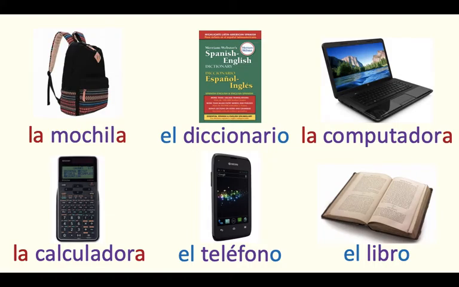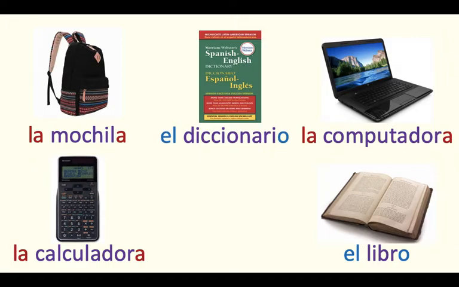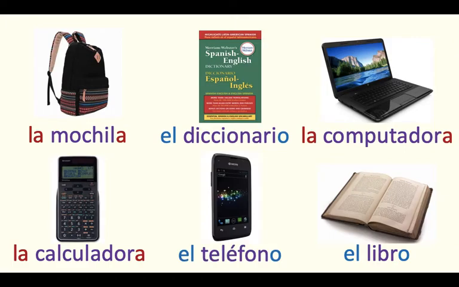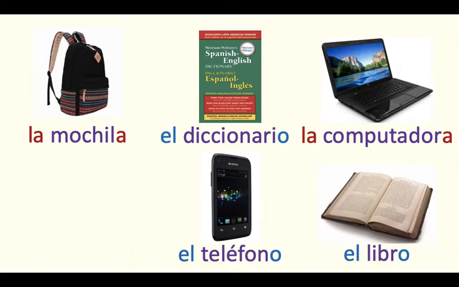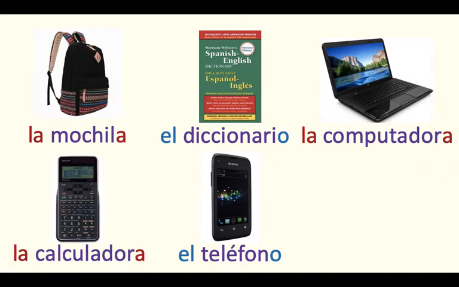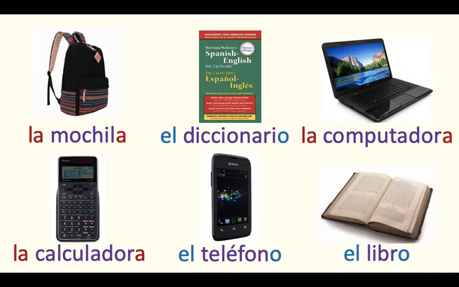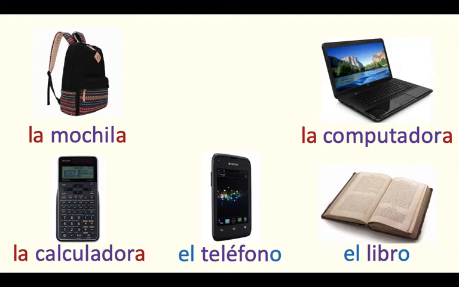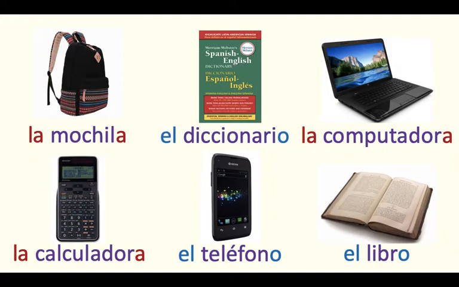Repita, la mochila. ¿Qué no está? Repite, el teléfono. ¿Qué no está? Repita, la calculadora. ¿Qué no está? Repita, el libro. ¿Y qué no está? Repita, el diccionario. In the next activity, the pictures are going to scroll up from the bottom to the top